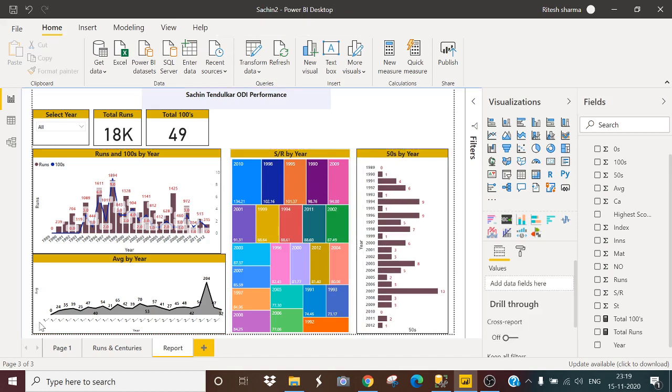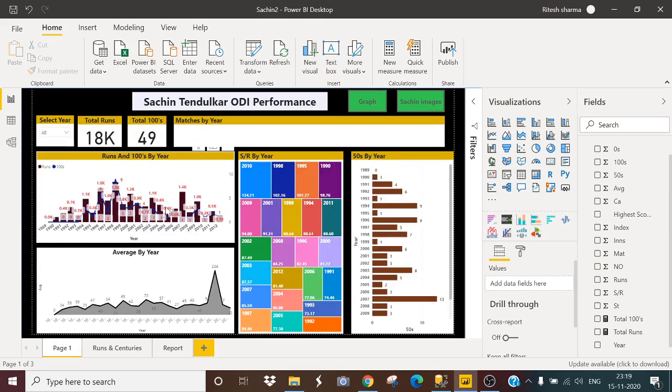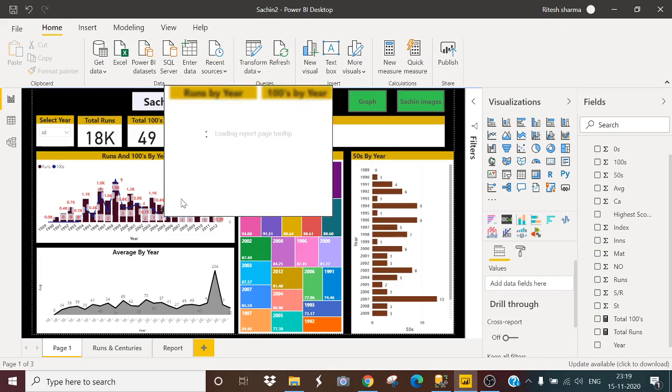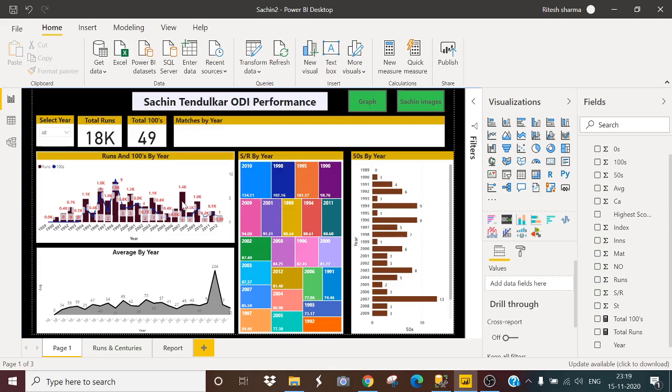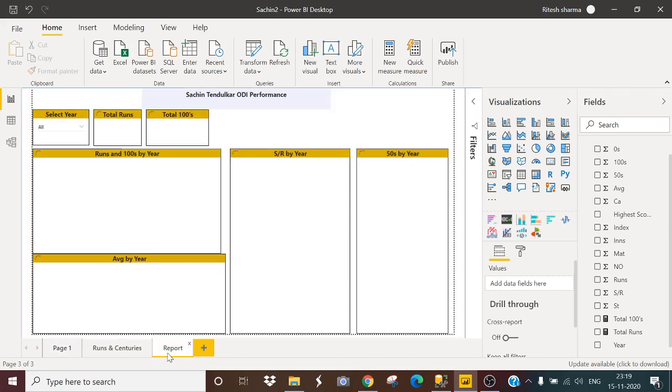Now I will show you how I created the zoom tooltip in my report page. It will take a while to reflect. So how I created this zoomed tooltip, I will show you. Let me create a new page here.